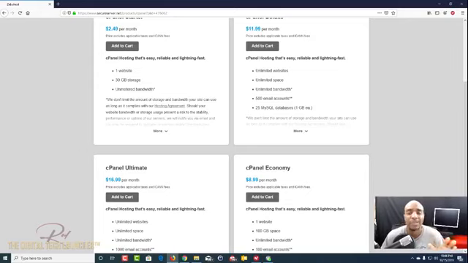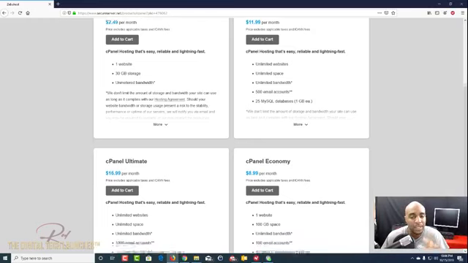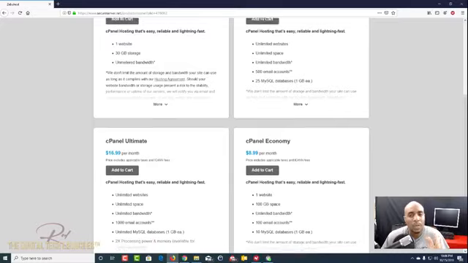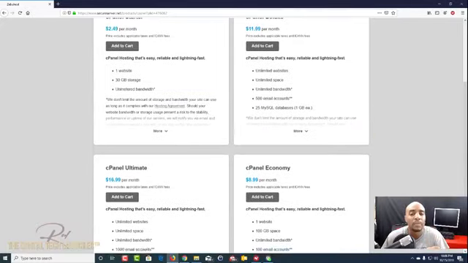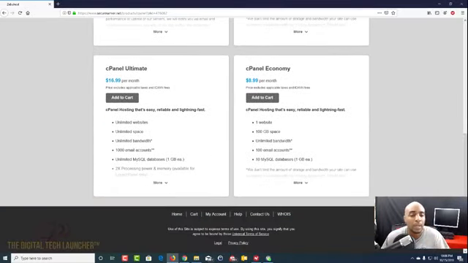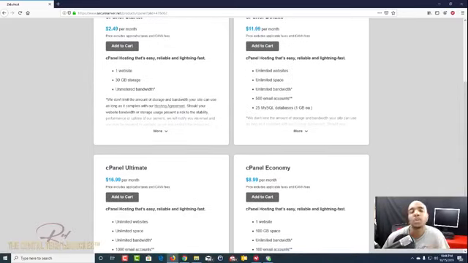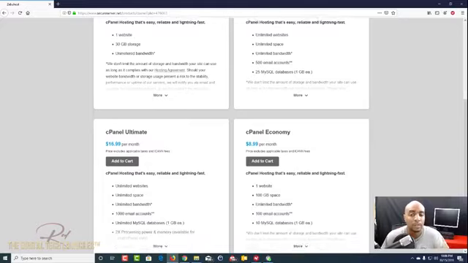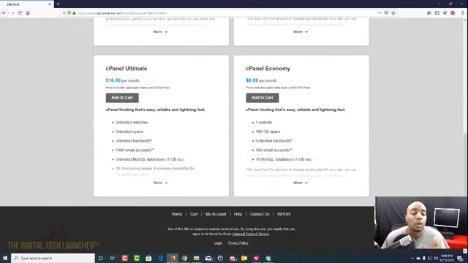So I didn't quite move up to dedicated. I don't really need to go that high. VPS was good. But going back to this, as you can see, unlimited websites and bandwidth. Now, the one that I really like is the Ultimate. And part of the reason is it gives you, like, you really won't use this many email accounts,